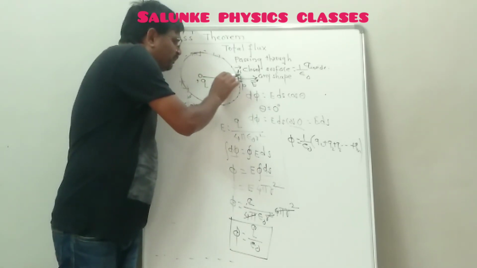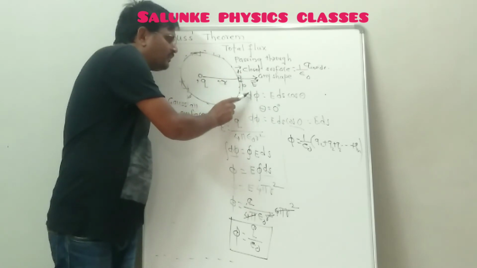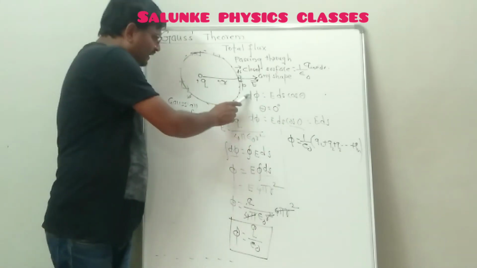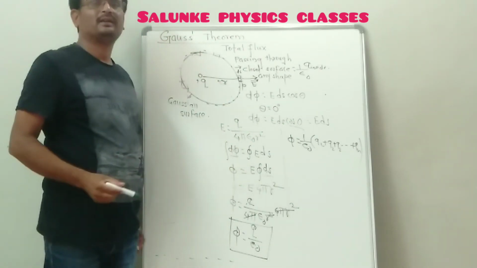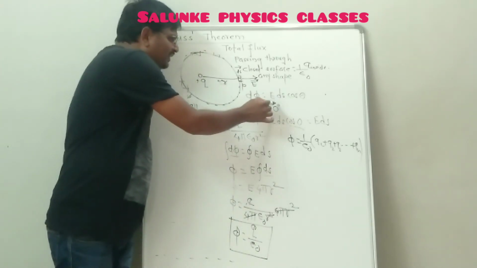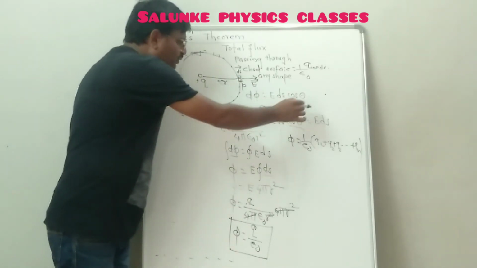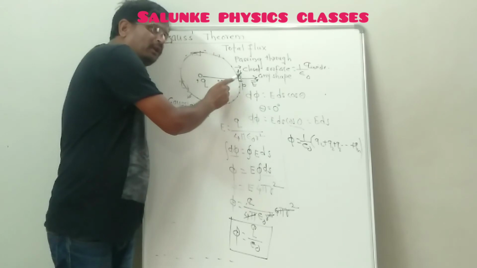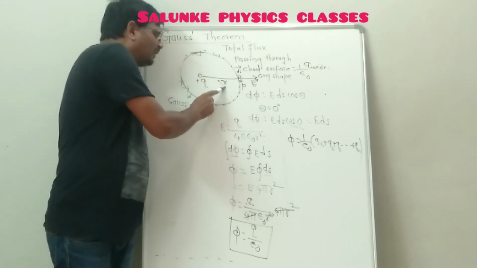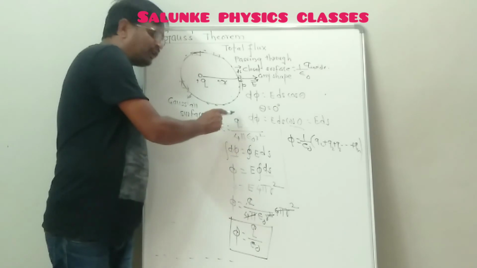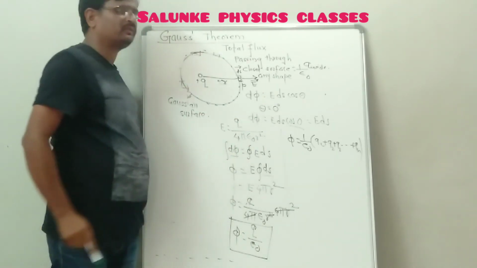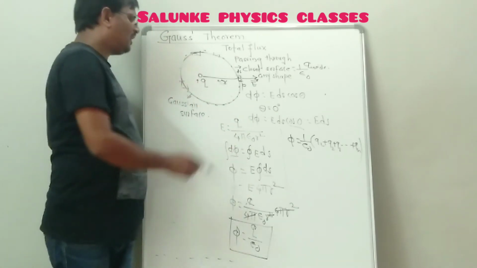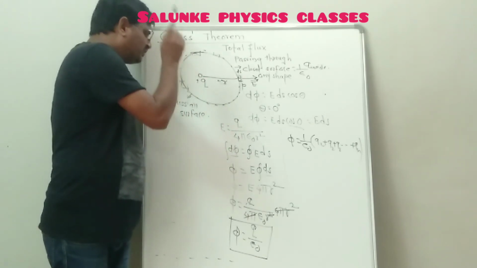Then electric flux passing through this small area is given by d phi is equal to E ds cos theta. This is the formula for electric flux passing through the small area. Put the angle theta equal to 0 degree, we get d phi is equal to E ds. As we know that electric field intensity at point P at a distance small r due to point charge capital E is equal to q upon 4 pi epsilon naught r square, where q is the charge at center, epsilon naught is the permittivity of free space, r is the distance of point P from plus q charge.